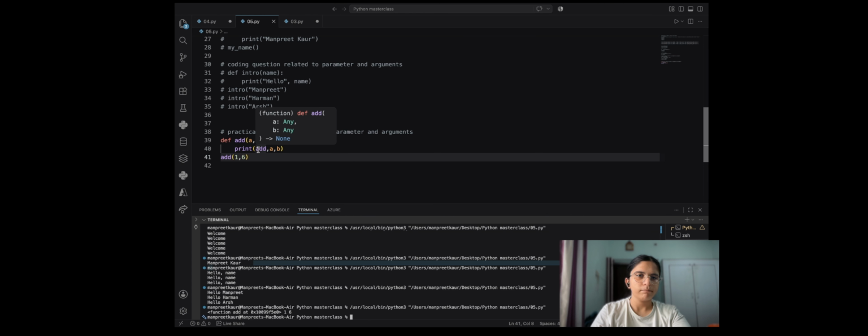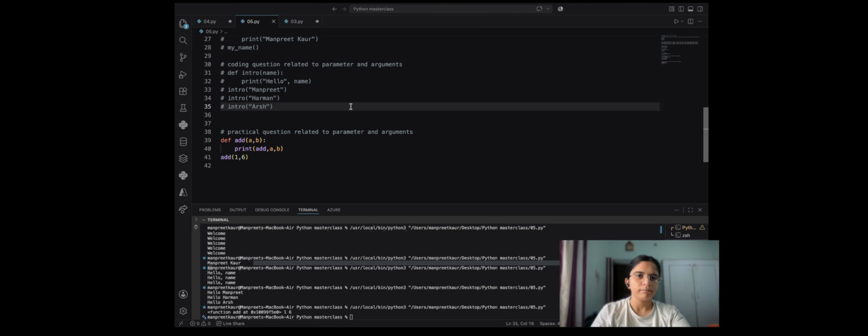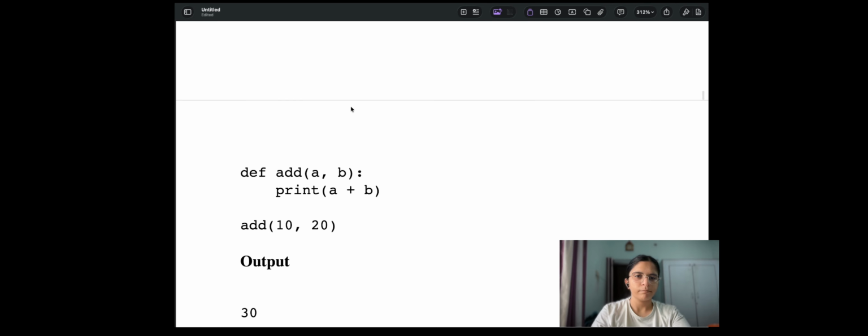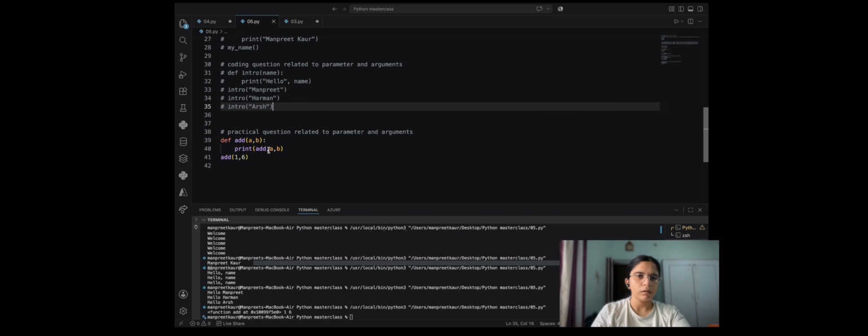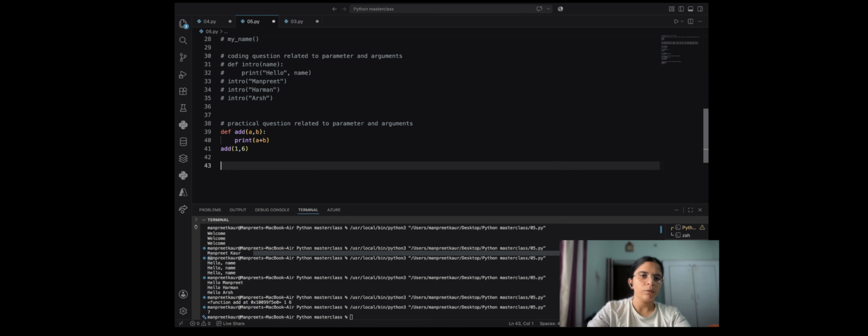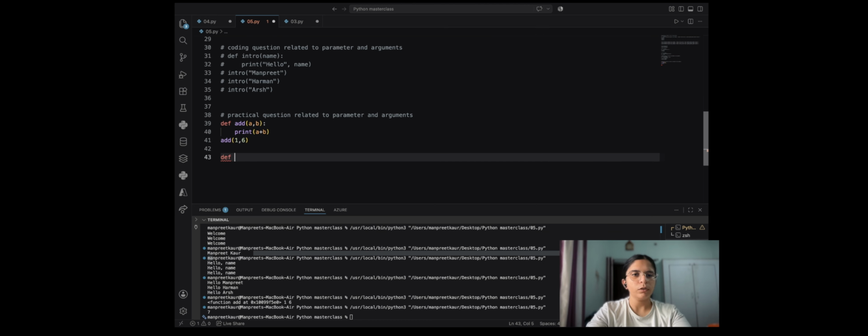So the printed result is 7. Now we are going to make one more function that subtracts.